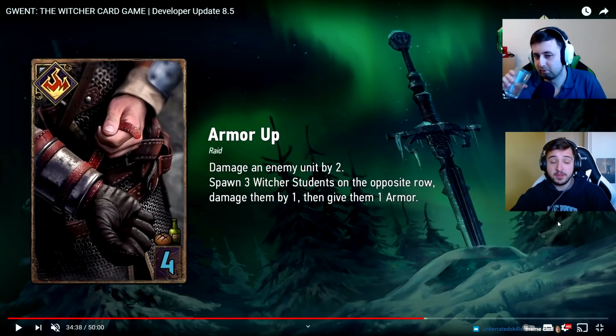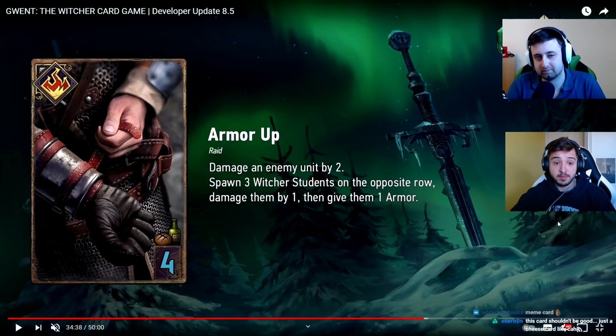Up next, we've got Armor Up. This is a change that was much needed, and I love this change. Previously, this was at 5 provisions, and you just couldn't really justify even playing 1. Now, just 4 provisions. It's only 5 tempo, but I know that there's some really cool synergy you can do